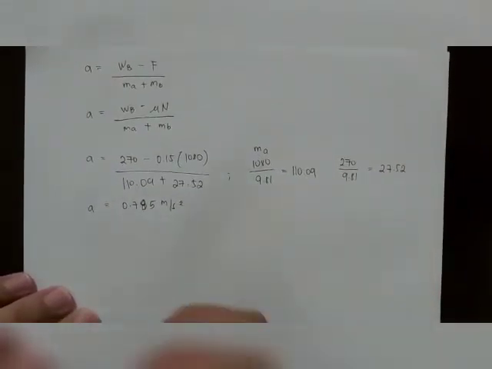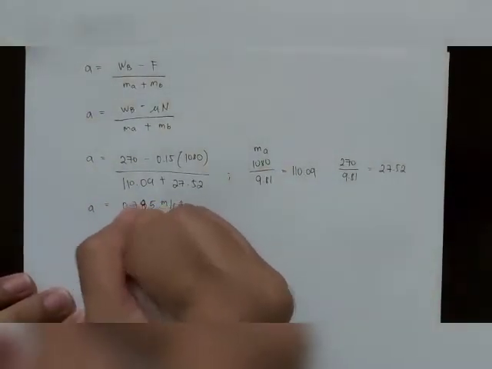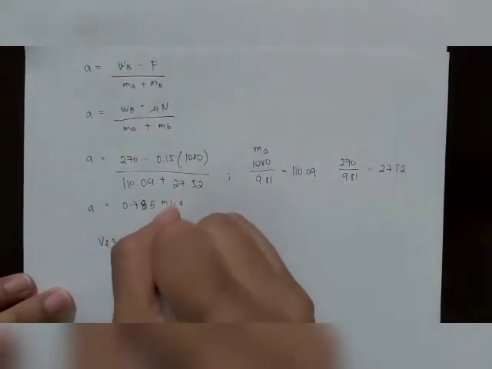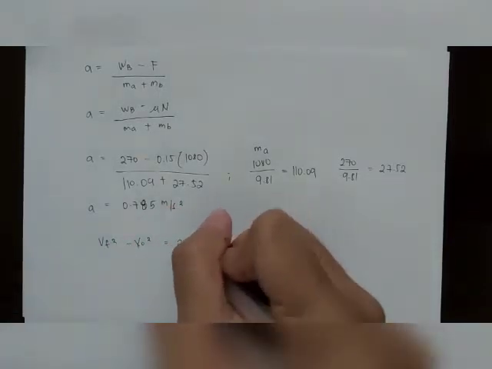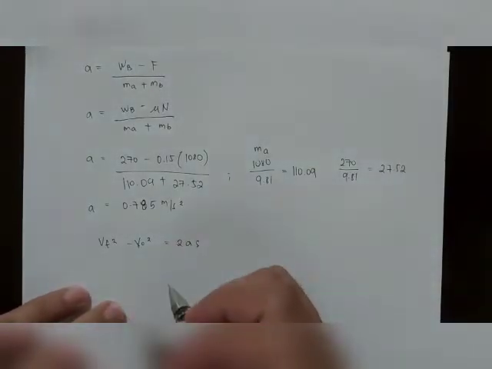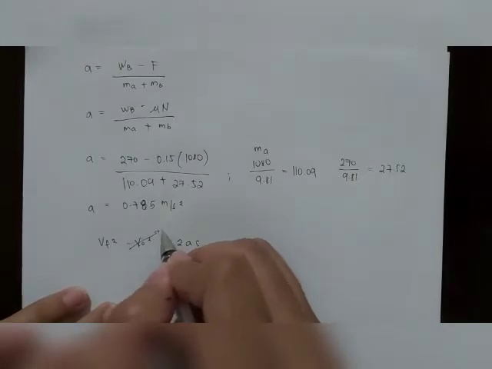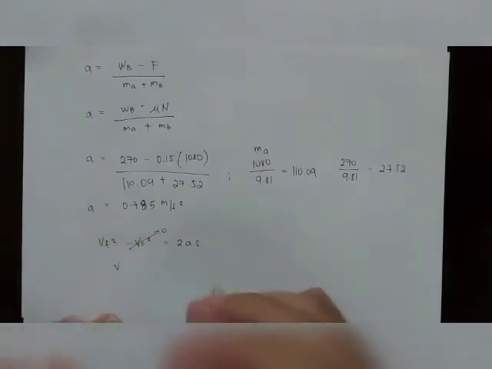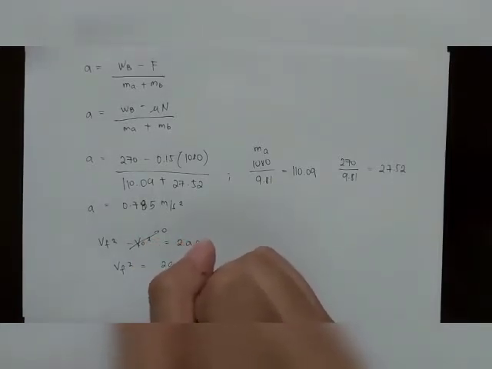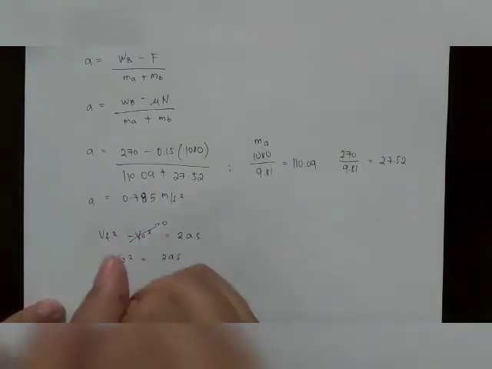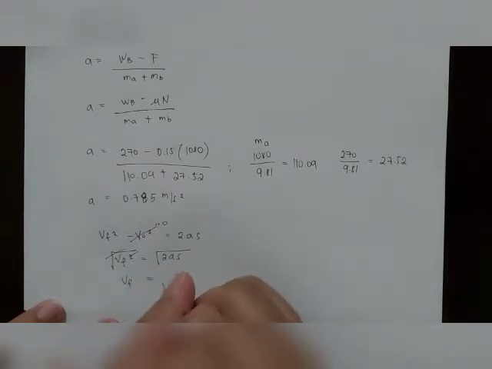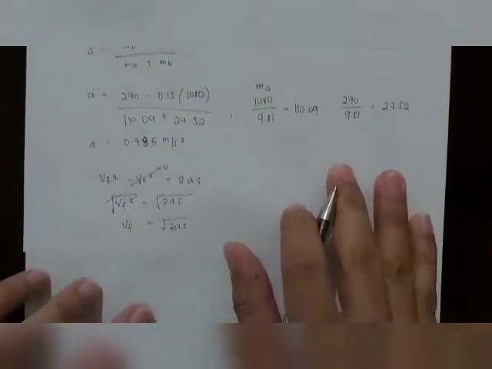Okay, so to get the velocity, we have the formula for velocity, vf squared minus initial velocity squared is equal to 2 times acceleration times the distance. So initial velocity natin is 0, so cancel to, magiging 0. So magiging vf squared is equal to 2 times a times s. So para makancel yung squared, cancel natin, karoon ng square dito, we have vf is equal to square root of 2 times a times the distance,